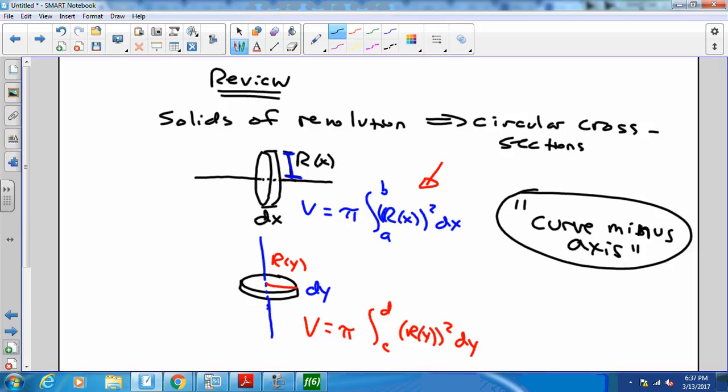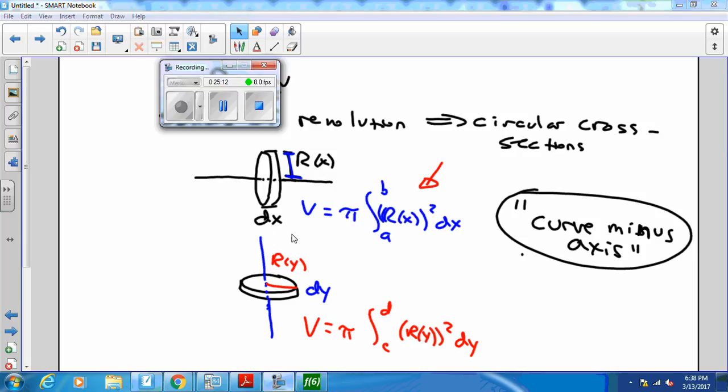This is the only thing that is going to cause a little bit of trouble, and that is if you forget the slogan, curve minus axis, you will be tempted to try to do something like top curve minus bottom curve or something like that. Just remember that the radius is always the distance to your axis of revolution. And if you remember that, you'll remember the slogan. And if you remember the slogan,